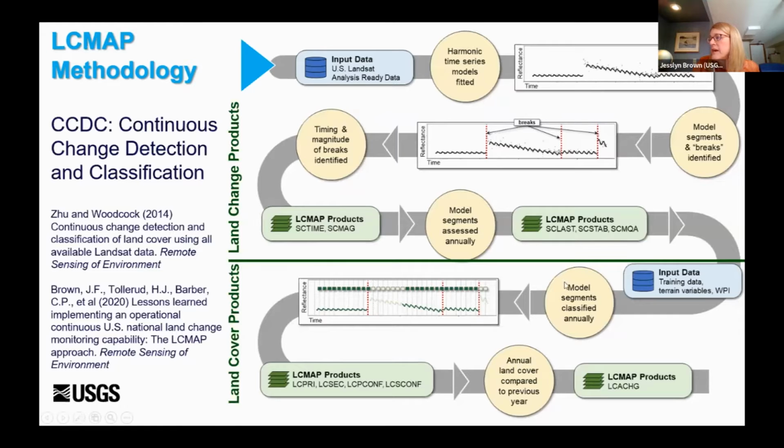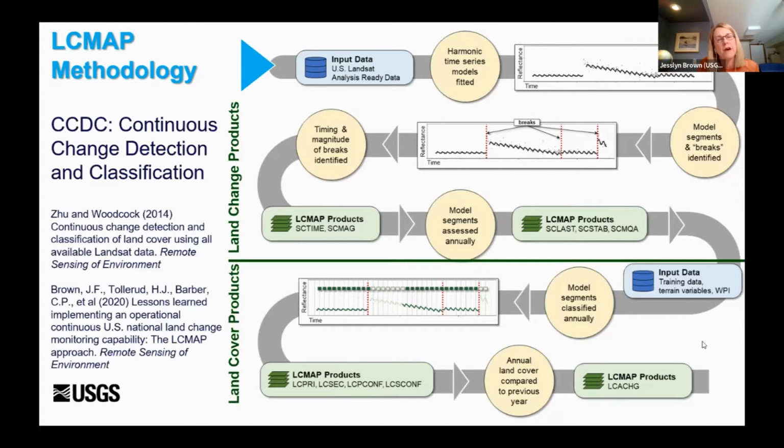And then further on down towards the bottom, after we run the change detection part of this, we take the harmonic model coefficients from that change detection and then classify, utilizing a machine learning approach, boosted decision tree, into annual land cover. And again, some more products are created down here. What we think is unique about this is that we're calculating the change first and not the cover first, and determining what is changing from the cover. So it's a change in order of our analysis.